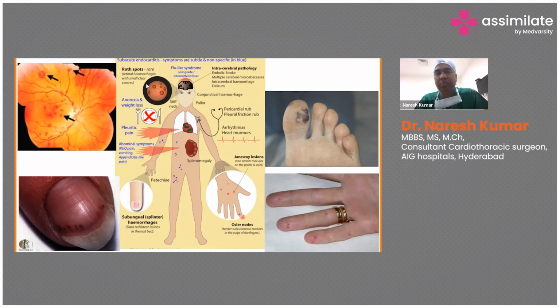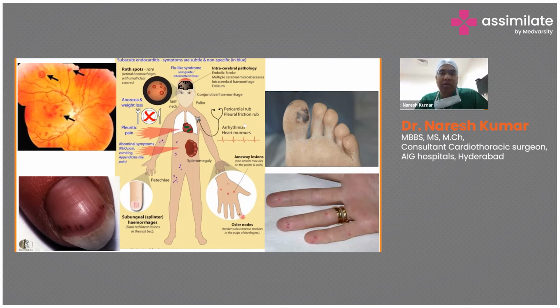The hemorrhagic spots within the retina are called Roth spots, and if you observe the nail bed, the hemorrhages there are called subungual hemorrhages. Some people can present with intracranial involvement, with embolic stroke or cerebral abscess. They can have Osler nodes, which are painful subcutaneous nodules in the pulp of the fingers, and non-tender nodules, which are called